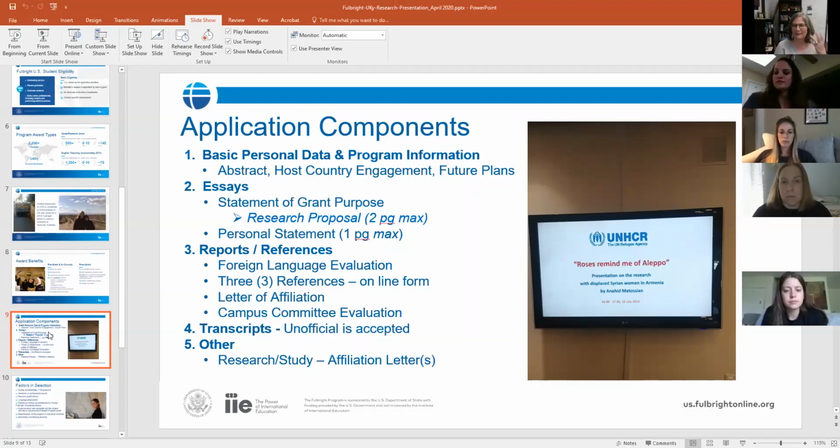And so personal statements can vary quite a bit. I really caution people about making them an expanded resume. Fulbright is not as much interested in, well, I did this, and then I went there, and then I did this. They're really interested in getting a sense of your values and who you are and experiences you've had. One important thing to keep in mind, even though they really want to support you in your research or in English teaching assistantship, which is another option, or in a graduate study,